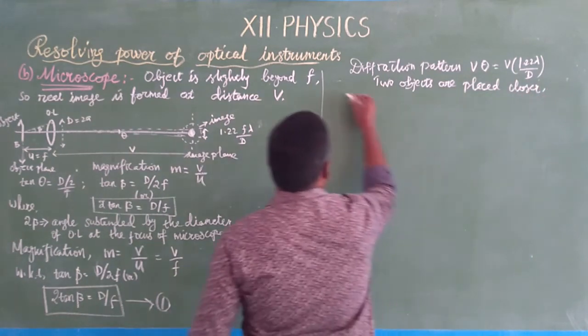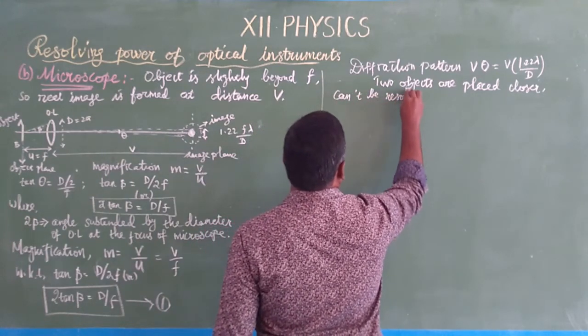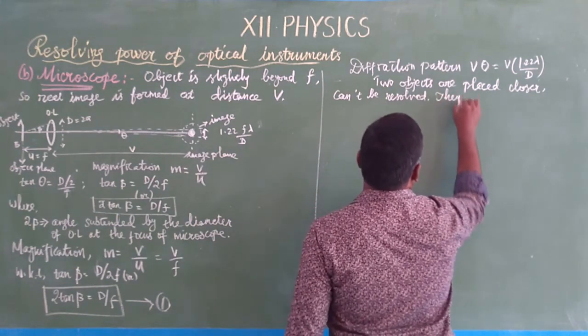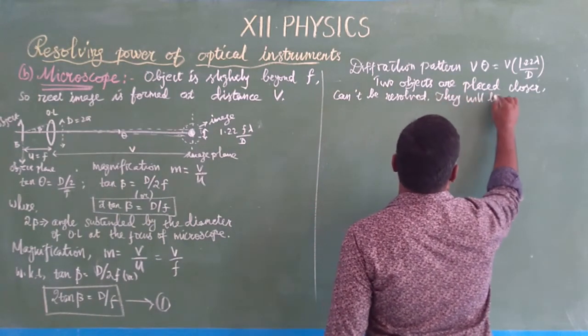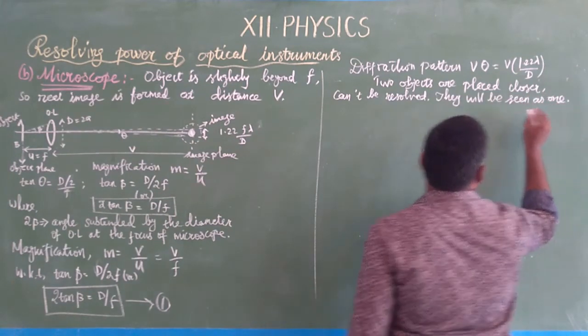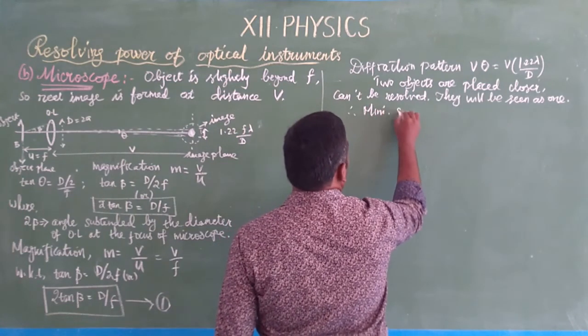Cannot be resolved. That cannot be resolved. They will be seen as one. Both will look the same. They will be seen as one. Therefore, the minimum separation,